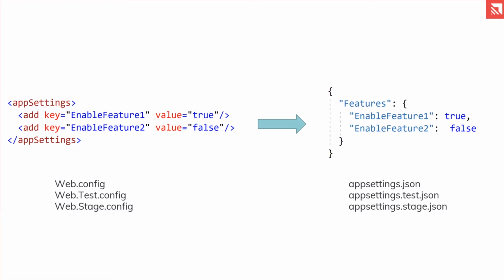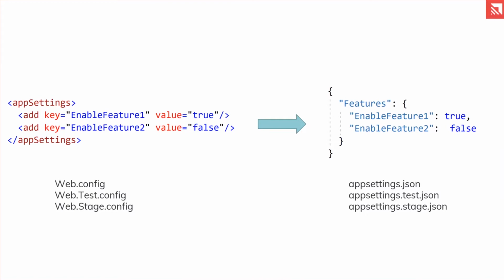But they are in JSON format, and more importantly, they have sections. So we have a features section here, and we have keys for this section, which is EnableFeature1, EnableFeature2. So at first, it could be easy to say, well, that's fine, we'll just convert our XML to JSON, easy peasy. There are actually tools that do that for you out there. Andrew Lock has a fantastic tool that I recommend. We used that for that.